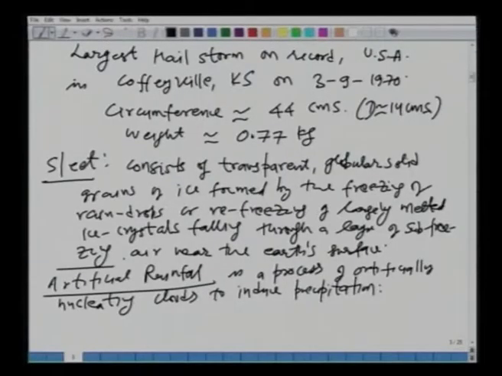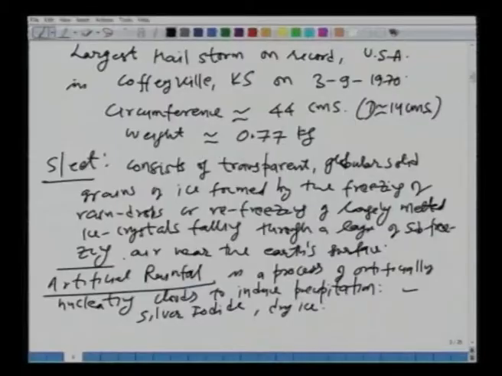Anyway, what are these nucleating agents? The most popular one which has been used is what is called silver iodide. Okay, and also dry ice, the frozen carbon dioxide, has also been used, and there are many other types of nucleating agents. All right, so we will leave it at that. Those of you who are interested in looking at artificial rainfall can go through some of the resources on the internet. It is a very interesting phenomenon, of course, but it is very difficult to practice and perfect.